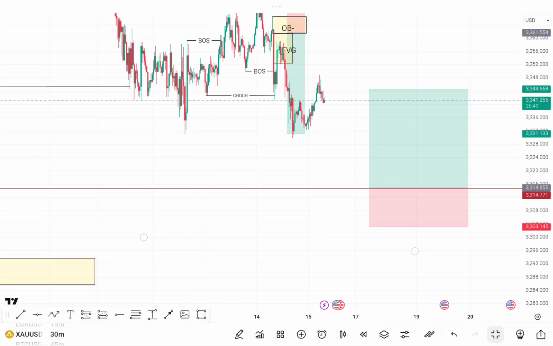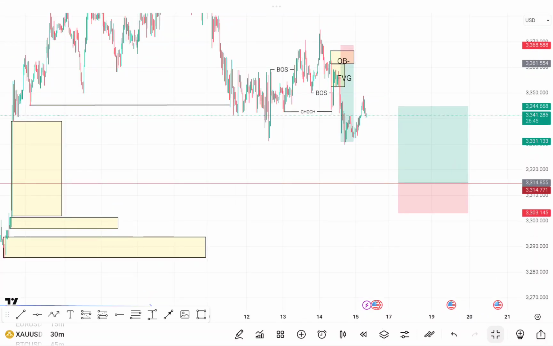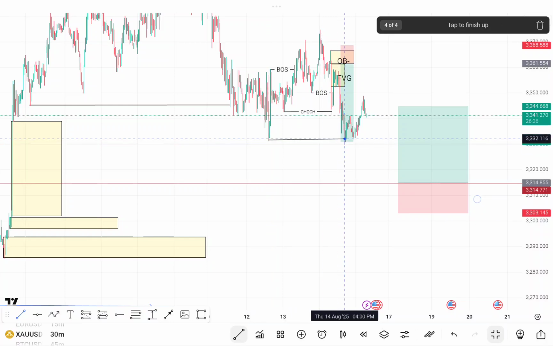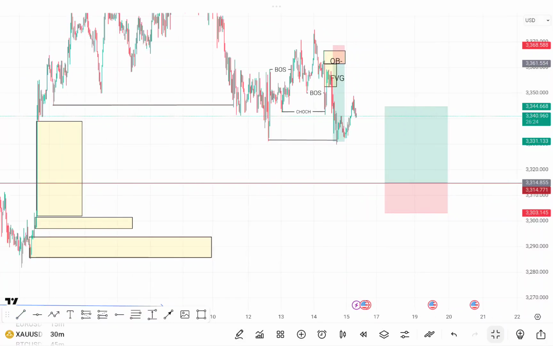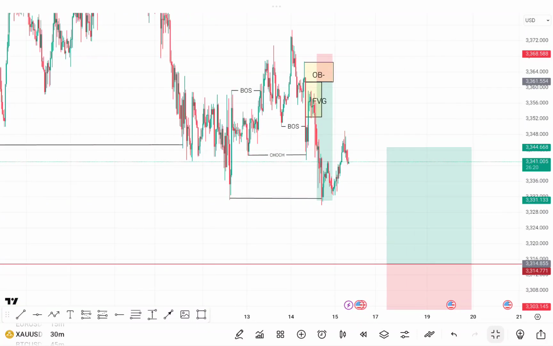Already here, we have some very key levels that we're paying attention to, and the market is actually making effort to gradually get to that zone. The market is not giving us that momentum that we need to just get to that point immediately. The market is taking its time to cover up that imbalance in the market. As you can see below there, that is a clear movement to that point.